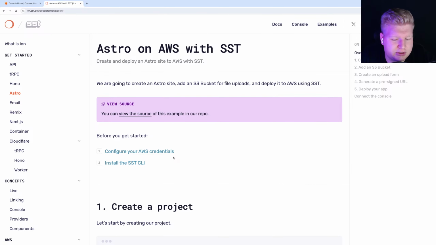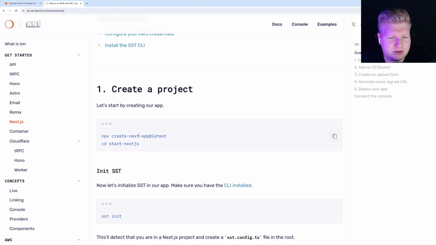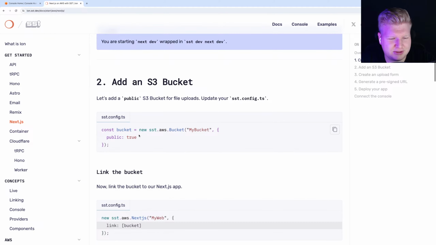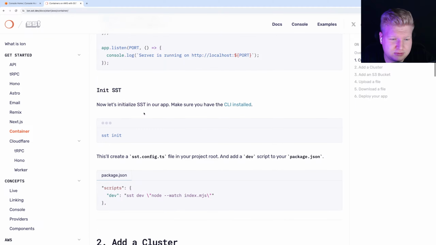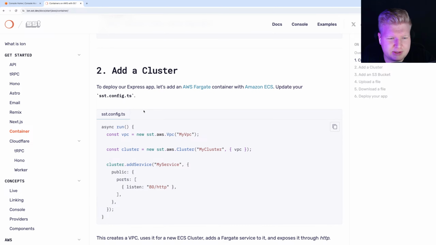So yeah, of course they are having these examples with Astro and Next.js. SST is doing the OpenNext library, you can call it, which is trying to host Next.js as Vercel does it, but on AWS, so many times less expensive, so much cheaper. They even are trying to support containers, which, I don't blame them. Sometimes you simply just really need some long running stuff.